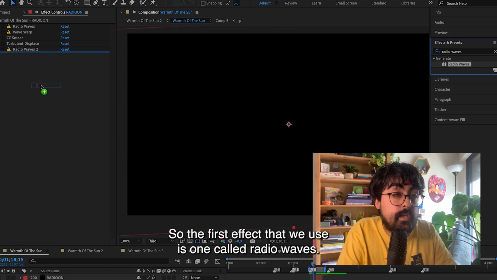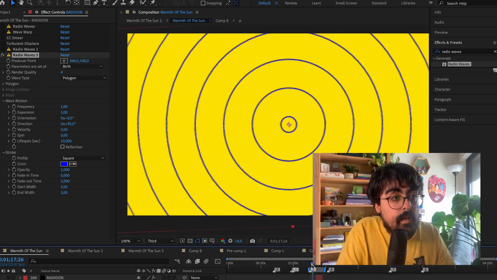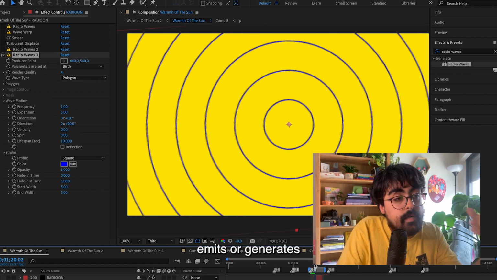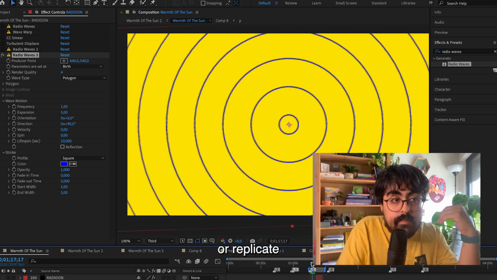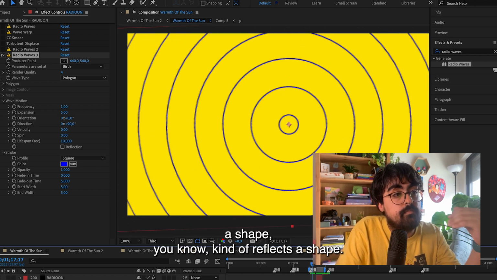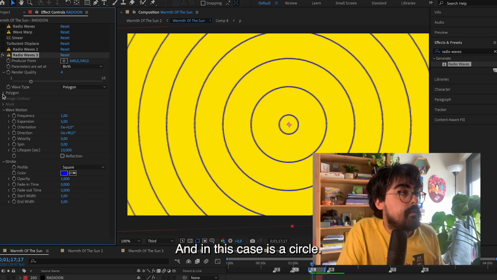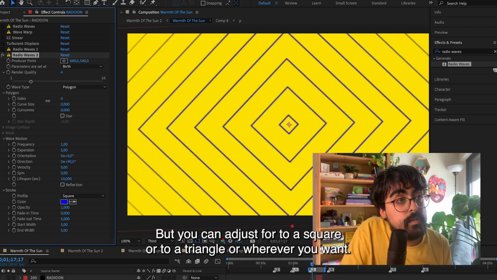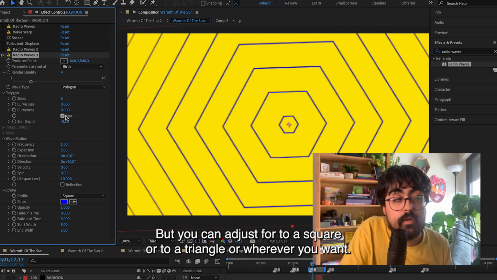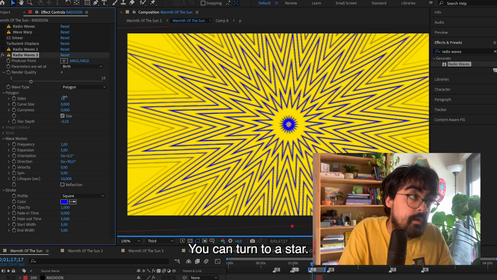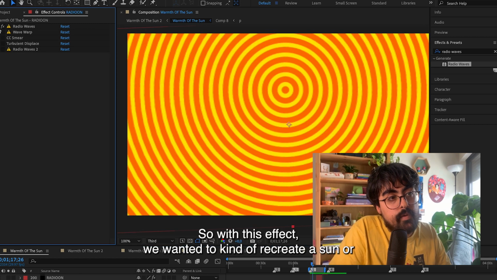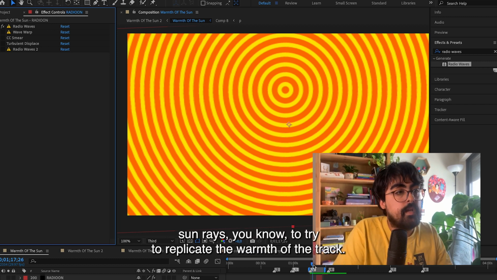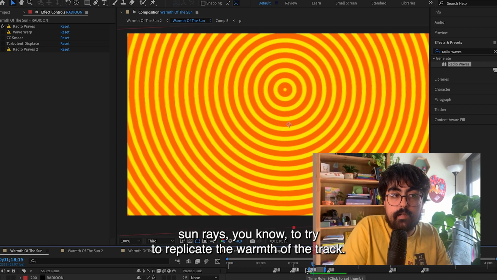The first effect that we use is one called radio waves, and what radio waves does is it emits or generates or replicates a shape. In this case it's a circle, but you can adjust it to a square or a triangle or whatever you want. You can turn it to a star. With this effect we wanted to recreate a sun or sun rays,